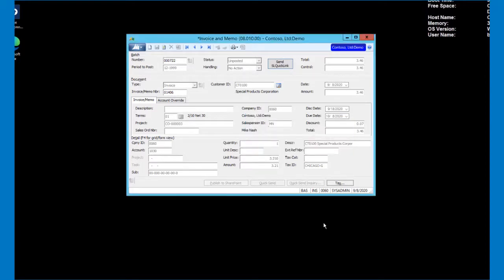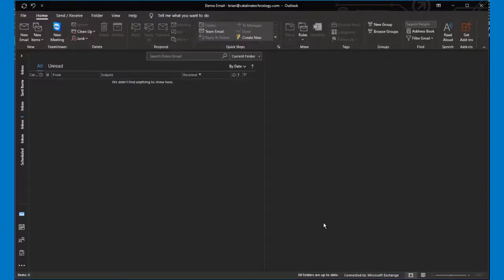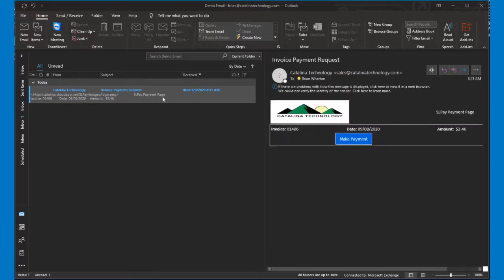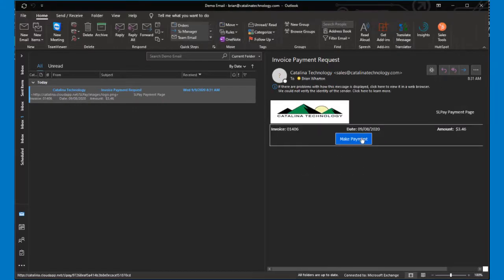If I then go into my email client, let me find that. It might take a few seconds for it to come out. And there we go, it just showed up. So now I've got a link here. This can also be customized any way you want. In this case, I just put the Catalina logo on it and just the amount, but it could be anything. So all I've got to do is click on this link here,